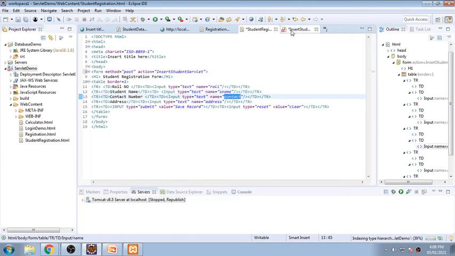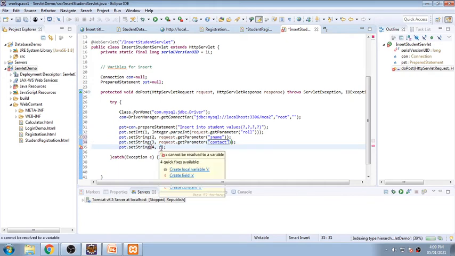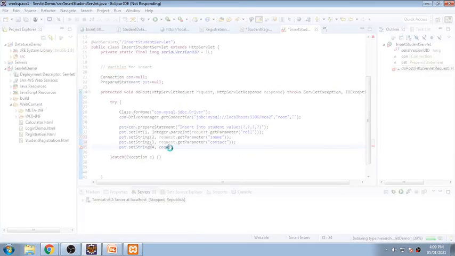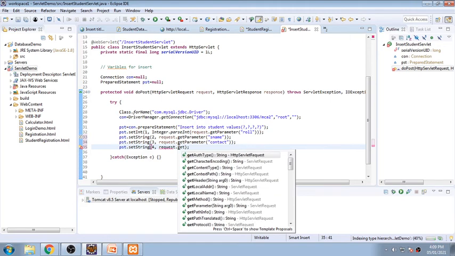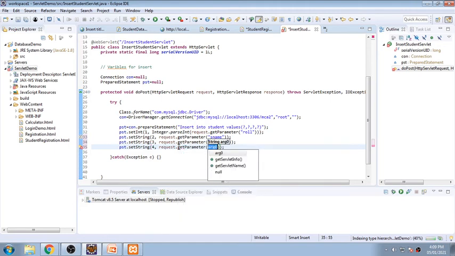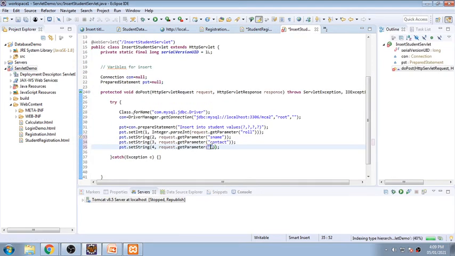I'm copying the name because there will be some changes if you write it manually. And finally it is again a request dot get parameter, and this is nothing but the fourth column, and that value will be nothing but your address. So are you clear with this part that we have written?